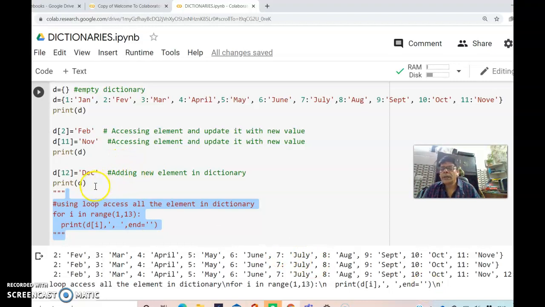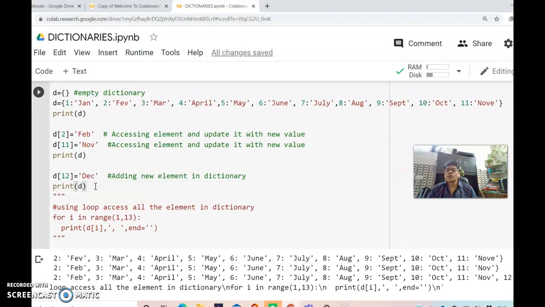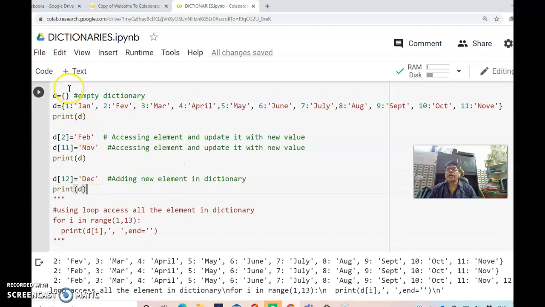Okay, fine. Now what I am going to do next is, so far what we have learned: this is the empty dictionary, and then how a dictionary is formed. The elements are enclosed in curly braces. Dictionary elements are separated by commas.